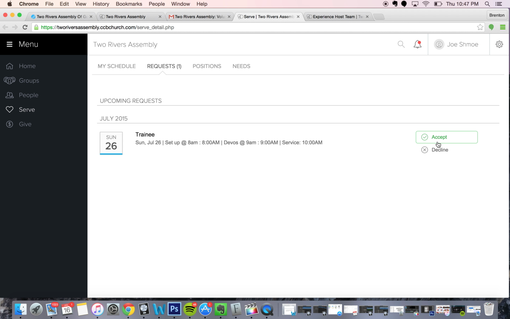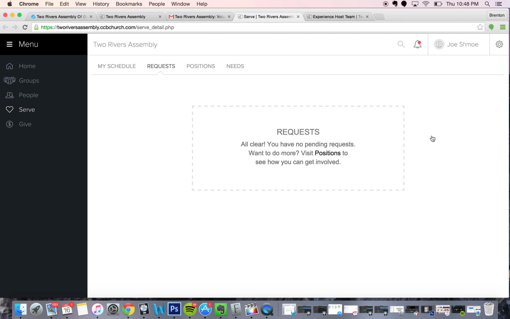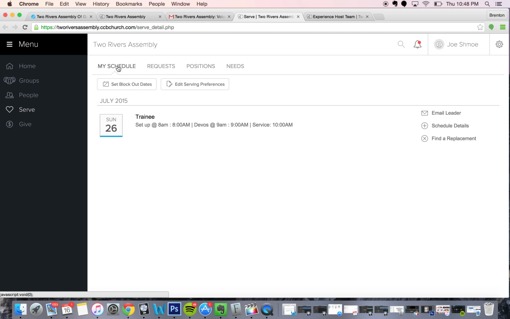It lets her know that you will not be able to make it, and she can go ahead and schedule someone else. But when you do push accept, you have to know that this is committing you to being there on time. You're being there for setup at 8 a.m., being there for your devos in the service, and all the way through cleanup at the end. So when you click that accept, it lets her know that you are definitely going to be there. If for any reason after that, you need to change that, you need to let Cheryl know, or you can find yourself a replacement. You can email Cheryl and let her know, or whoever it is within Worship Team or River Kids. Let your leader know that you will not be there. But now you're committed to that day to show up at that time.